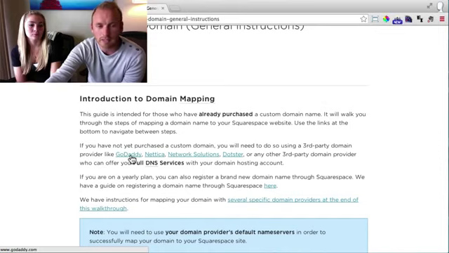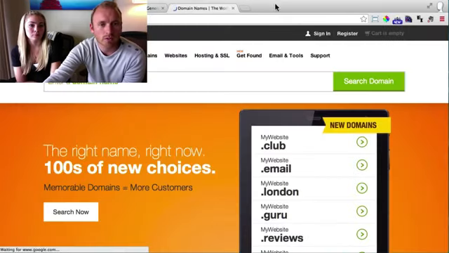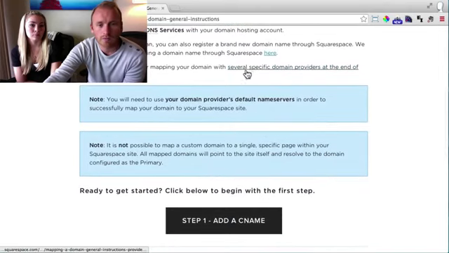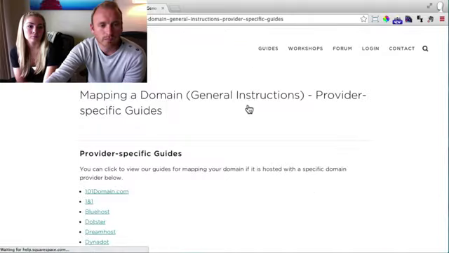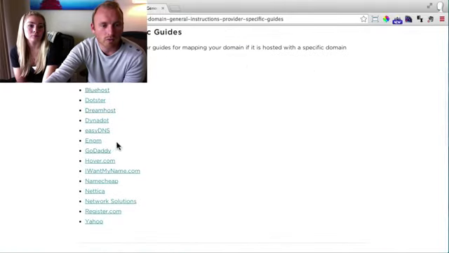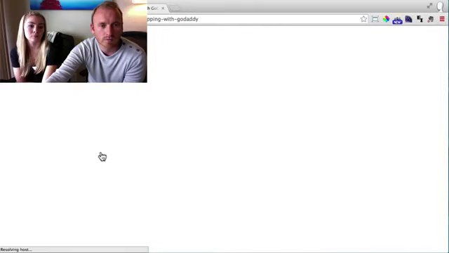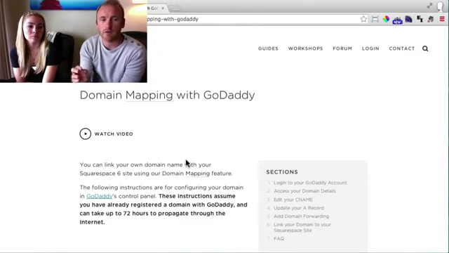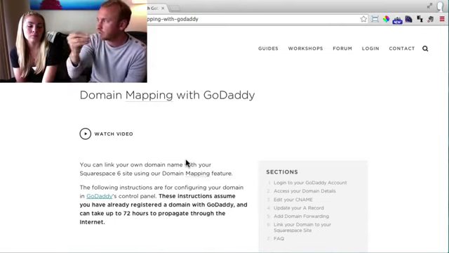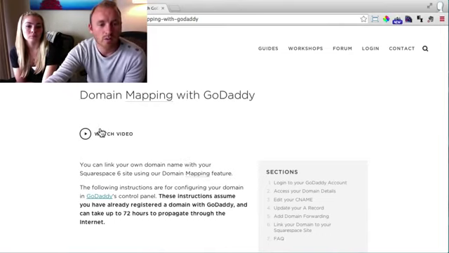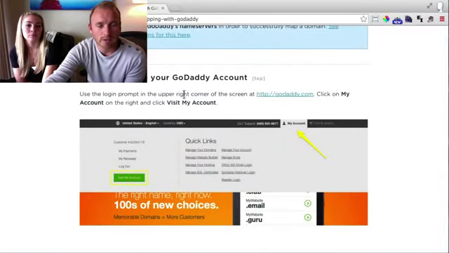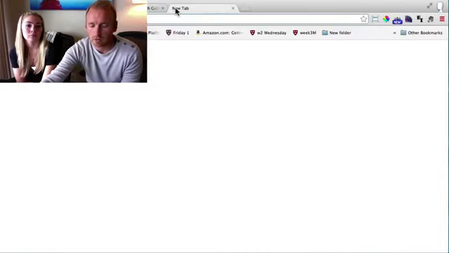So we're going to click on GoDaddy because that's what we're using. Sorry, we're going to click on specific domain providers, and see they have a whole bunch, we're going to click on GoDaddy. So this is going to give us the GoDaddy specific instructions on how to link it up with Squarespace if we bought our domain from GoDaddy. We can watch our video of all of it, but it gives you a step-by-step of how to do it. So I'm going to go to GoDaddy right now,